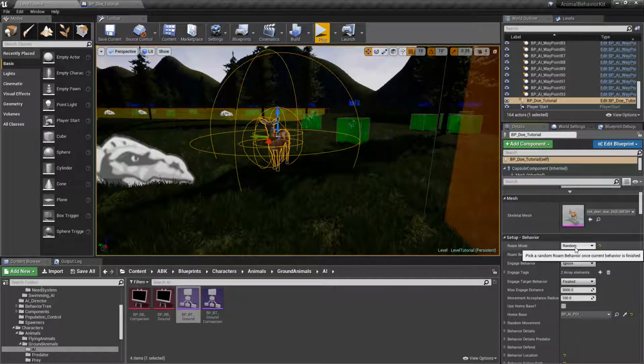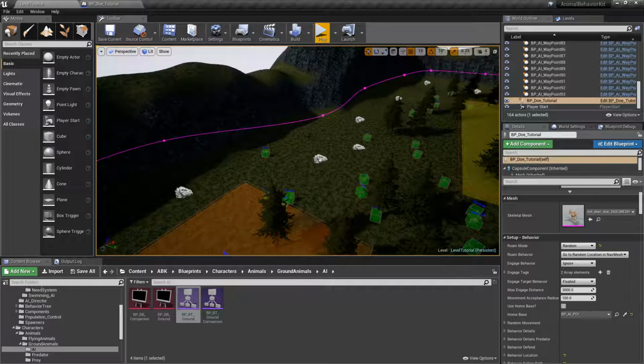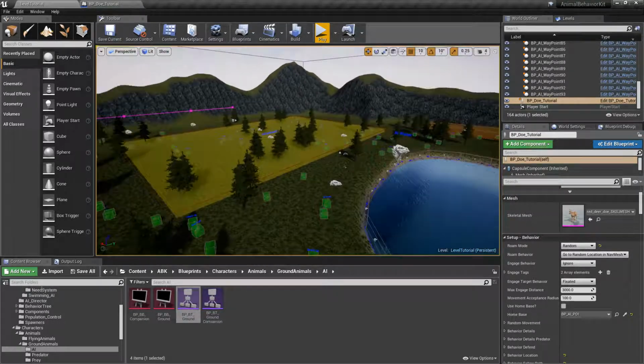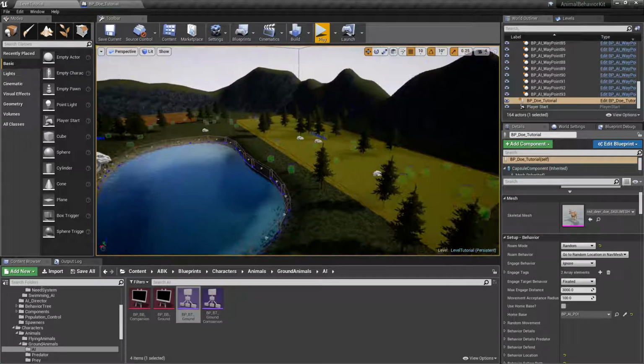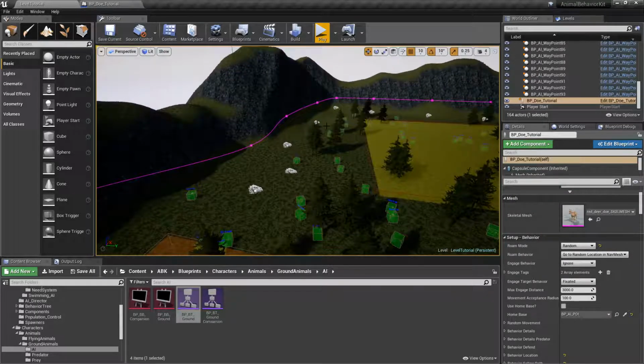So if you select random, what this AI will do is it'll pick this roam behavior, says, okay, I'm going to go to a random location in the NavMesh, and then when it's finished, it'll go to this list and pick a random behavior from this list. So in essence, the animal could go to a random location within the NavMesh, then it can go to a random waypoint, then it can go to a random bounce, then it can go to a random POI, and it just kind of flips between different roam behaviors,